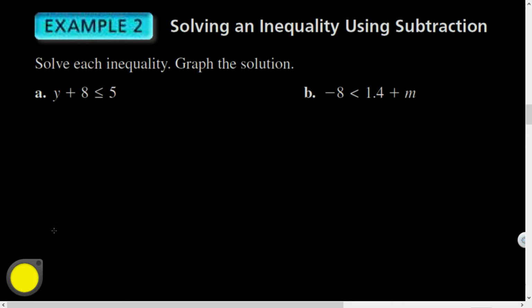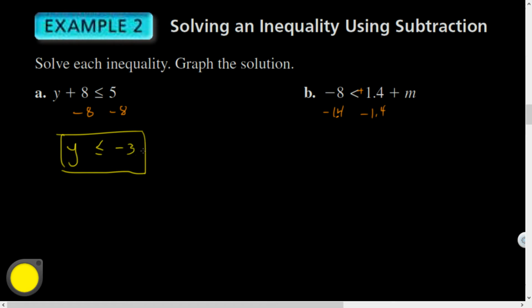It'll be good. Let's see, solve the inequality. Y plus 8 is less than or equal to 5. I can subtract 8 from both sides. Over here, negative 8 is less than 1.4 plus M. The 1.4 is positive. I can subtract 1.4 from both sides. Okay? So I will have Y. The 8's cancel out. The less than or equal to sign stays the same. 5 minus 8 will be -3. Solved it. Infinitely many solutions, and I can tell you every one of them in this short little